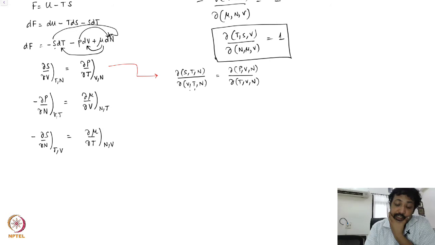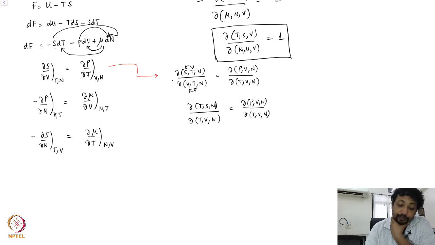Let's interchange V and T in the denominator over here, and T and S in the denominator and in the numerator. So this means if I have del T S N, I will bring a minus sign, which I'll use to do it like this, is del P V N del T V N. So effectively, in coming from here to here, what you have done here is del T S N. So del of S T N, del of V T and N